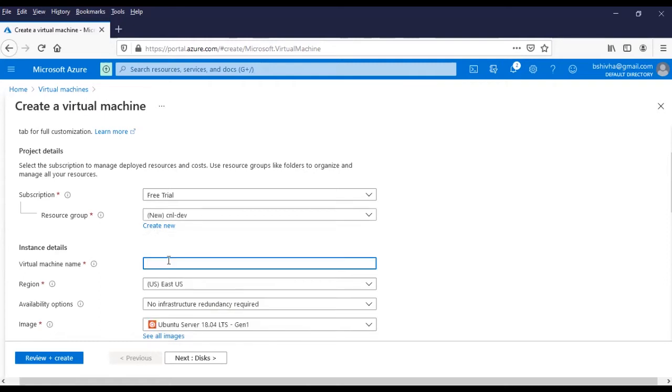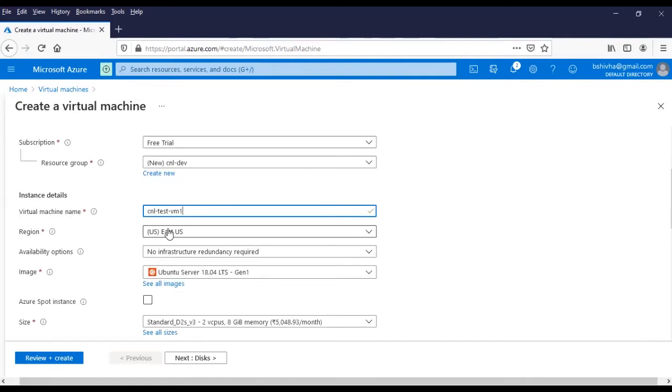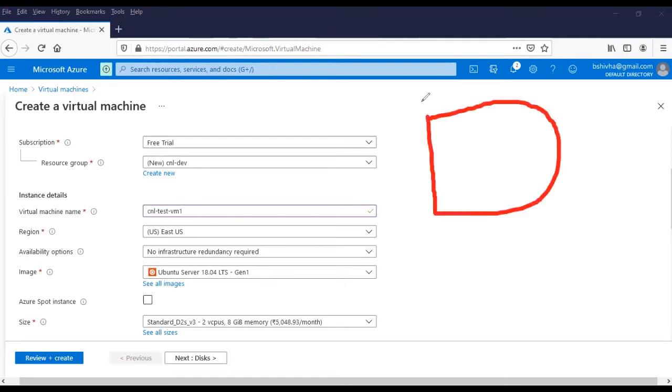I'm going with the machine name. Machine name is say CNL test 1 or test VM1. So region, I'm selecting East US region. First of all, I will give you a quick understanding on what the region part is. Region means, say for example, East US region.